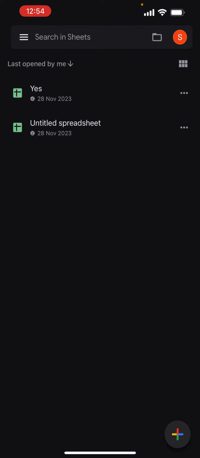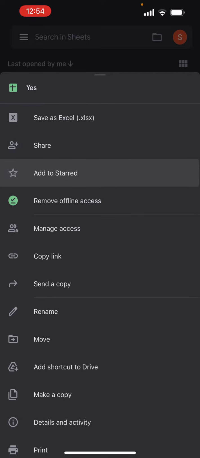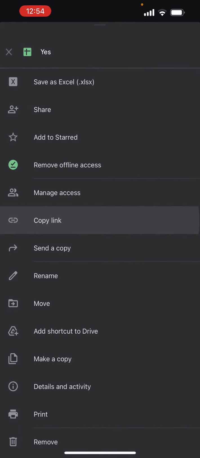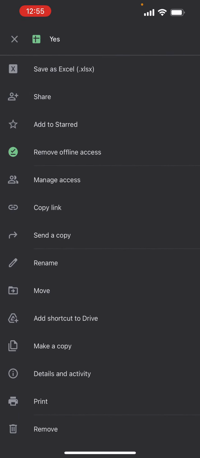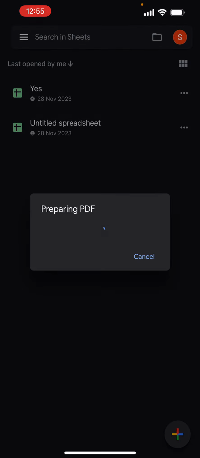Well, what you want to do is you want to click on these three dots right next to your chosen sheet. Click on those three dots. Here you'll have to scroll down for a bit until you find a thing called send a copy. Click on that. Here it will ask you to choose the format. I'm gonna just say PDF, hit OK,